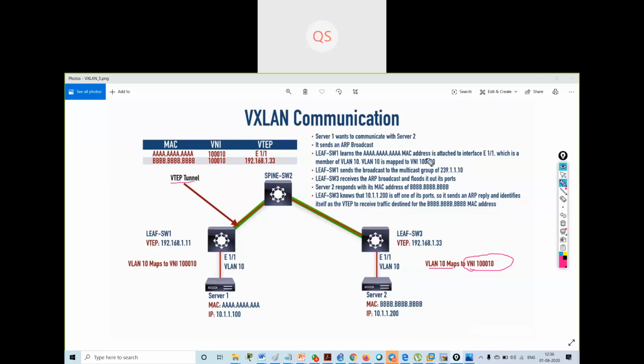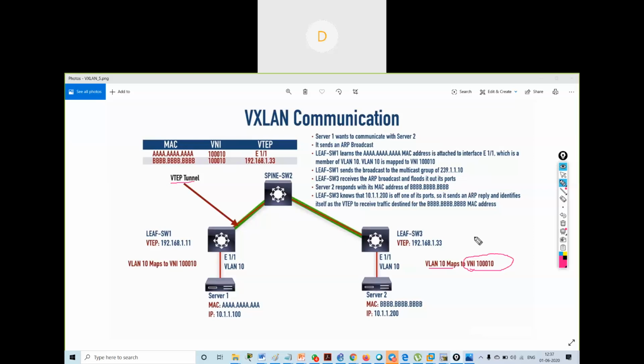Okay, so because they are on VLAN 10, they can communicate together, but it's now left to the administrators to make sure that the server that wants to connect to server two has VLAN 10 assigned, and also the VTEP IP addresses correctly specified.